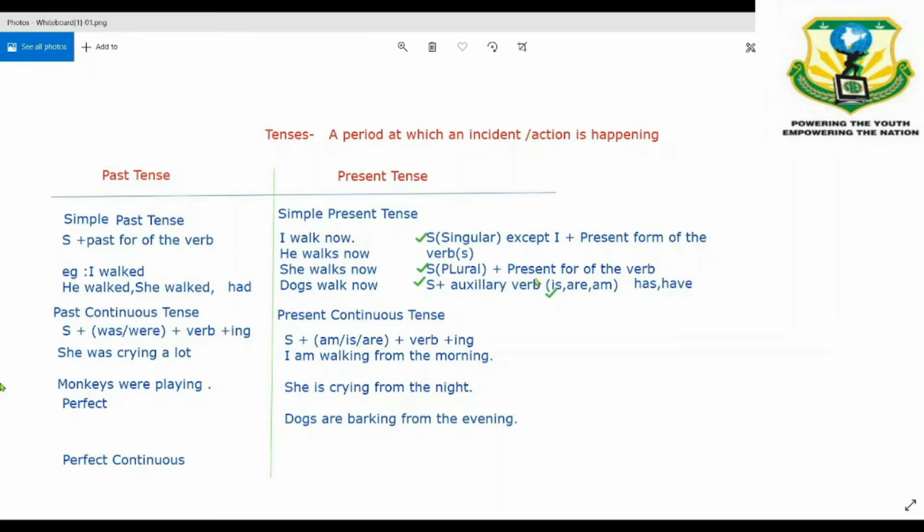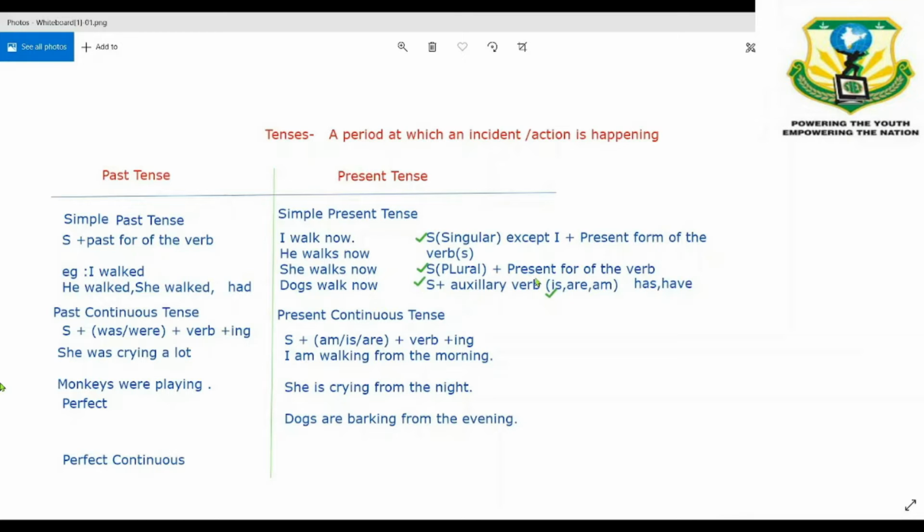What is a tense? The period at which an incident or action is happening. To denote that, the main verbs are used with some modifications, and those in grammar are called tenses. We have three different tenses: past tense, present tense, and future tense. What happened in the past will always have the past tense form. What is happening in the present will have the present form, and what will happen in the future will have